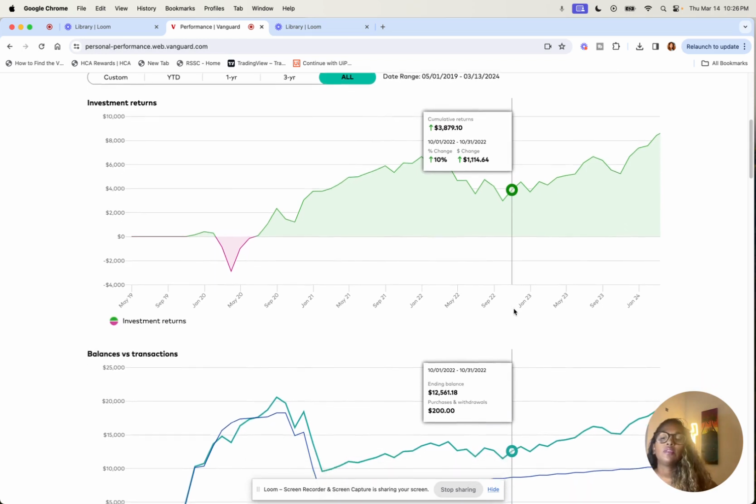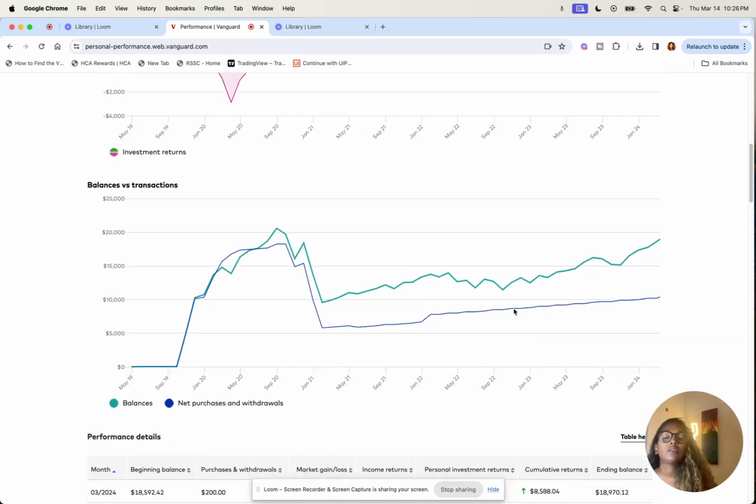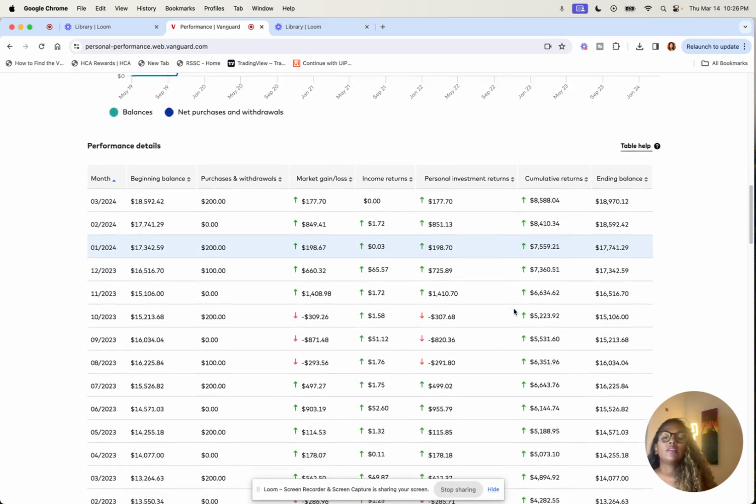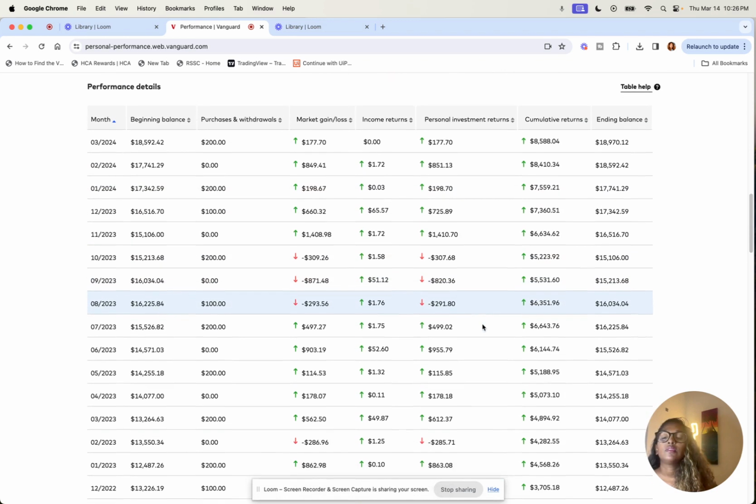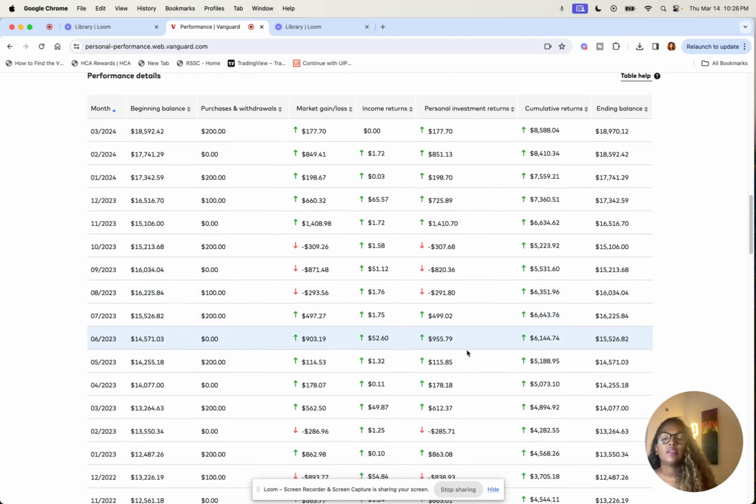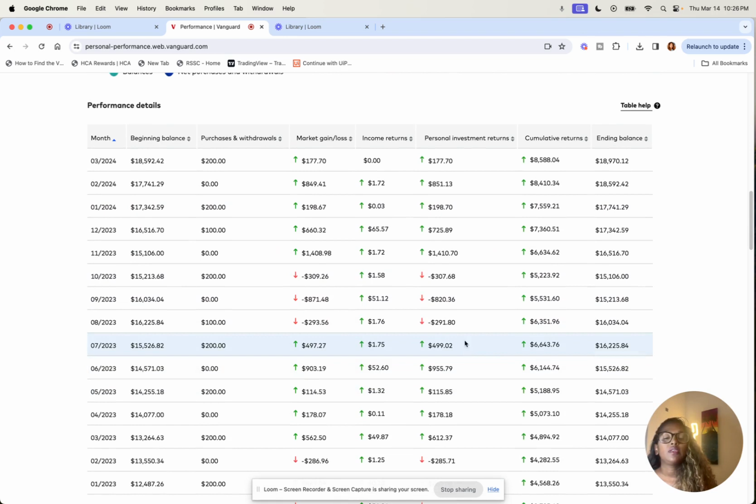So it is actually beneficial to have an account like this and just set it and forget it. Let the market do its thing. And then all your cumulative returns will look like this. See all of that green, all